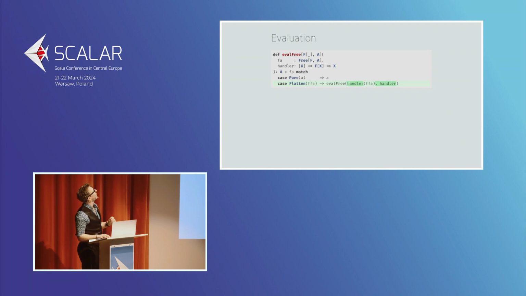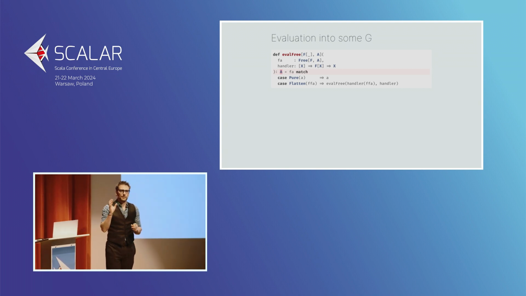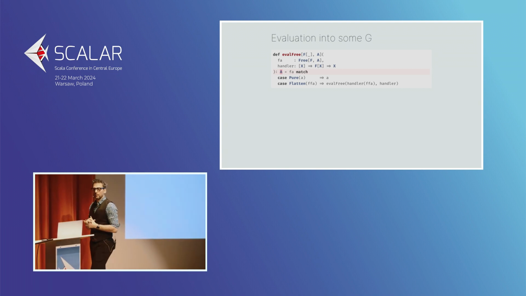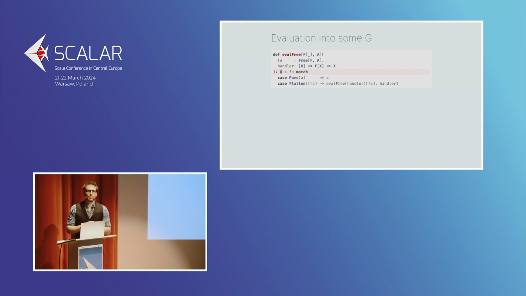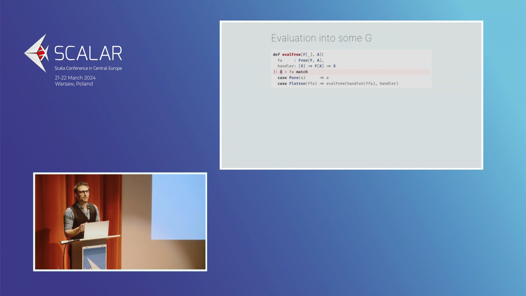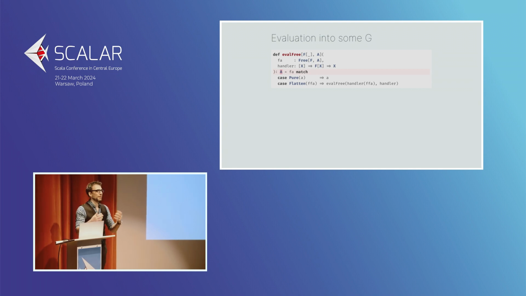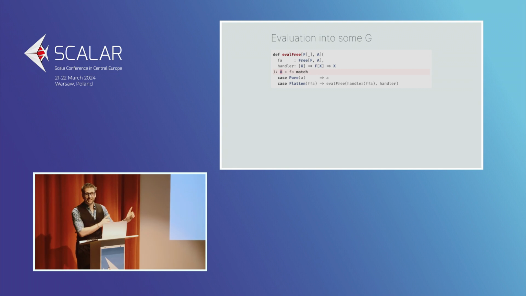Okay, almost done. Now, I tend to be very annoyed by this fascination that the Scala community has with, well, we don't like it when functions just return non-parametric values, do we? It's got to be in some f, which usually ends up being either ID or IO. So why do we bother abstracting? I don't know, but we love doing it. So I tend to complain about that, but here it makes sense.